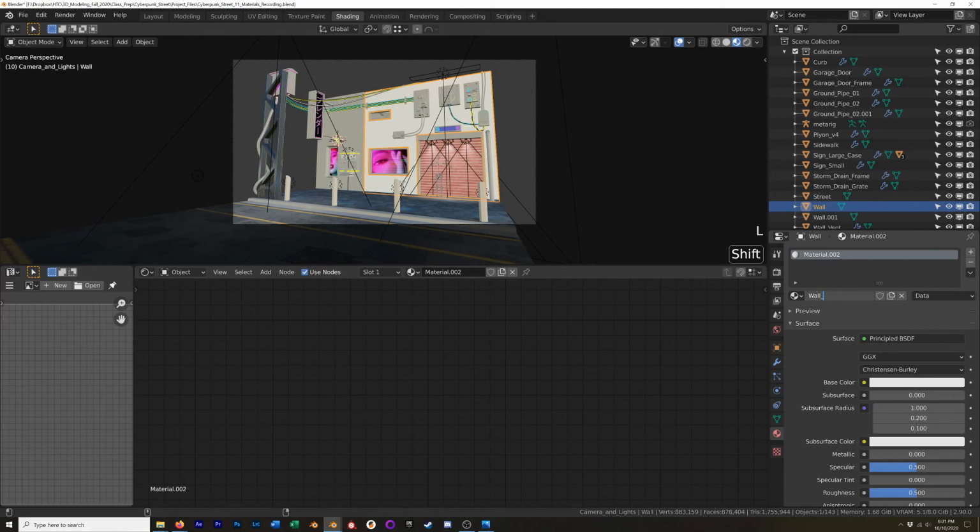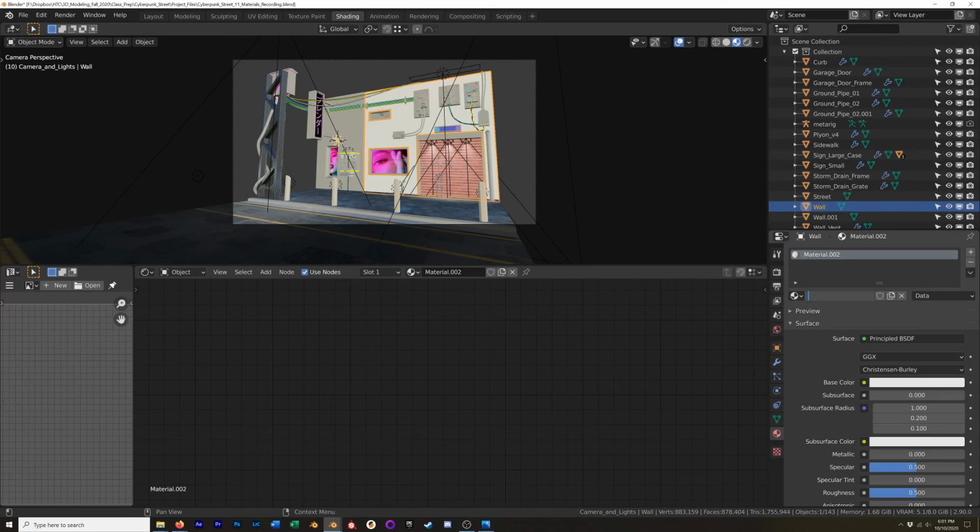wall underscore. Actually, there are 2 ways that you can go about naming your materials. You can name them by object or name them by what the material is. I go back and forth, and I would love to hear some opinions on this and try to find some professional best practices because I don't actually know the answer. I'm going to try to remember to just name the materials what the actual material is, because if I name this metal wall and then decide that I actually want it to be brick, then metal wall doesn't really apply. So I could name it right wall,